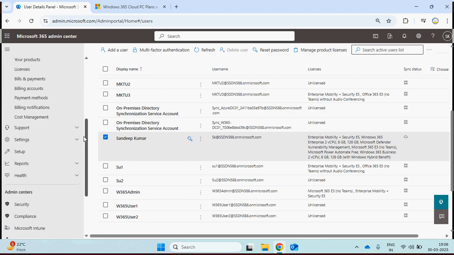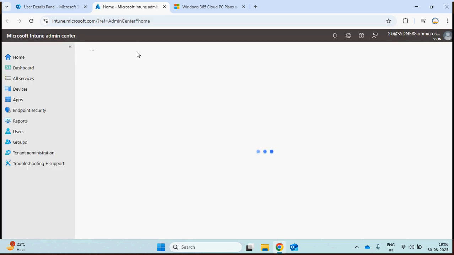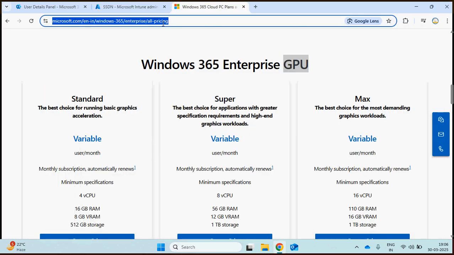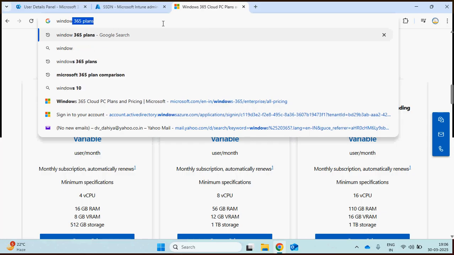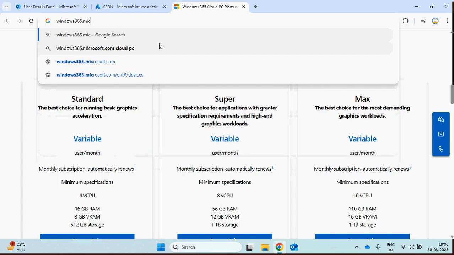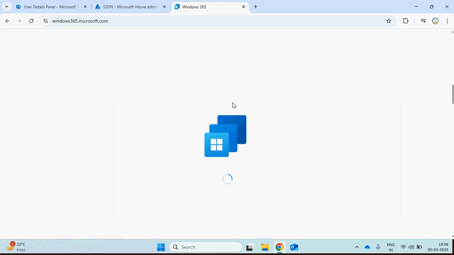Next, I have to go to Microsoft Intune. Intune is required for provisioning of an enterprise cloud PC. But if you want to see a business one, you can type windows365.microsoft.com, and you can see if you have any cloud PC assigned to you or not.